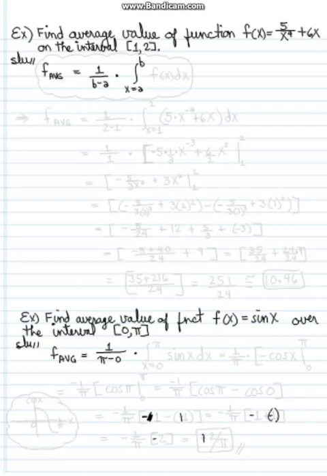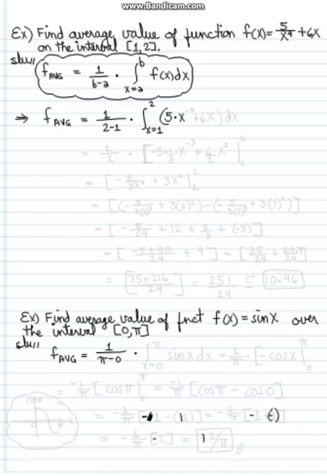The formula for the average function value is 1 over b minus a times the integral from x equals a to b of f of x dx. So for this problem, the average function value is going to be equal to 1 over 2 minus 1 times the integral from x equals 1 to 2 of 5 times x to the negative 4 plus 6x dx,